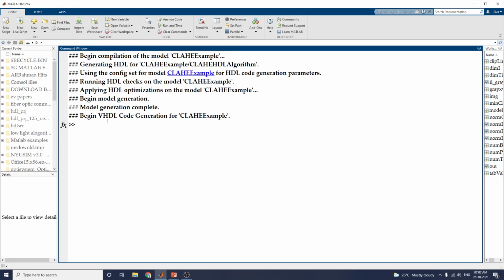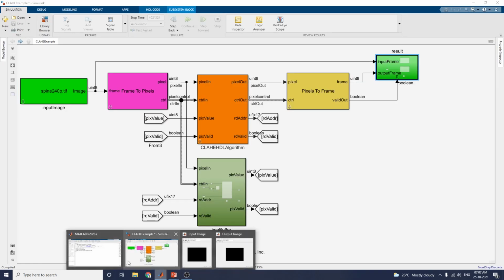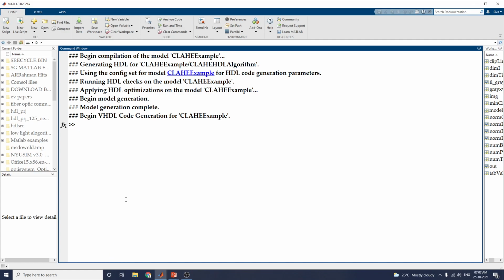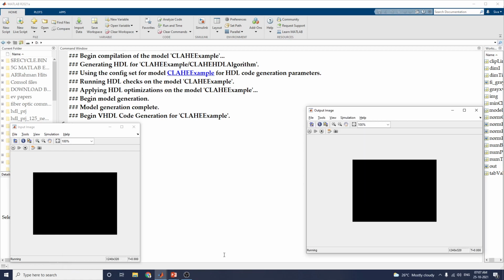Now it begins VHDL code generation for the CLAHE example file. Here you can see the output after completing this simulation.